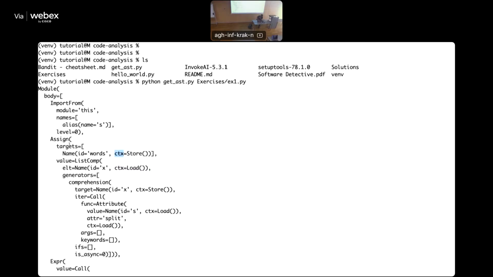There's inside this target, the first target is name. It kind of tells you what operation is done on this particular variable. Like there could be store, where you store some information inside its name. You could load some information from it, and I think there was a third context value that could appear,